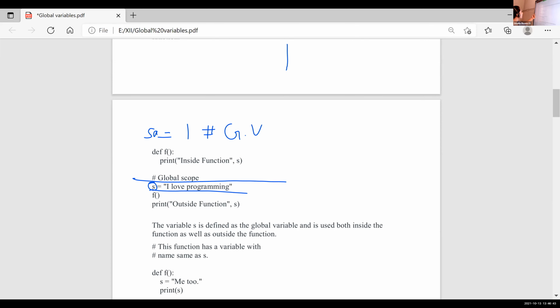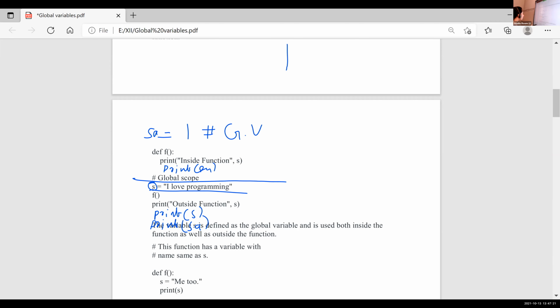Now we can use this SA and S anywhere in the program. If we try to access this S here, print S, no problem, it will display the content. Also print SA, it will print the content. We can use this print SA here also. We can use SA and S anywhere in the program. Throughout the program, we can use that global variable. So for declaring a global variable, two positions are there. Either you can write the statement just before the function definition or at the starting of the main program.